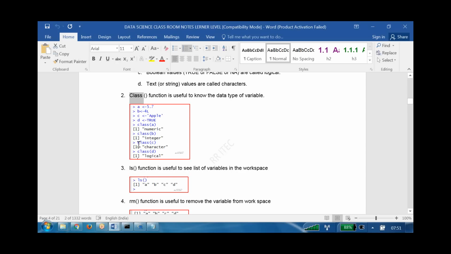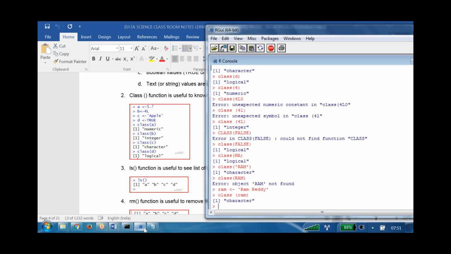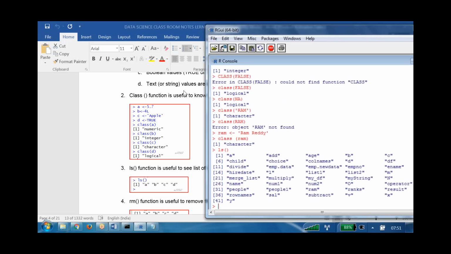Now next one is ls. The ls function is useful to see the list of variables available in the workspace. In this workspace, I want to list all the variables we defined. You can see that list by simply typing ls. Now enter.